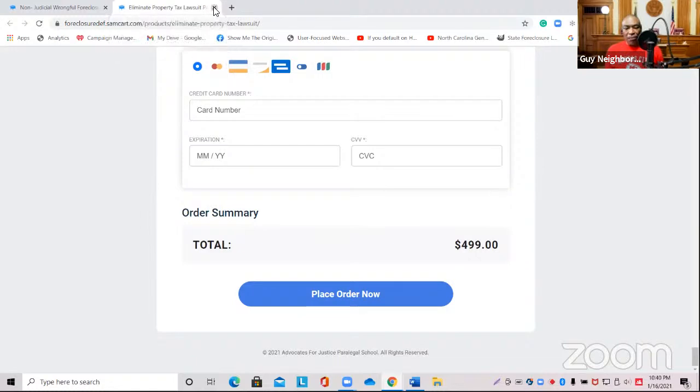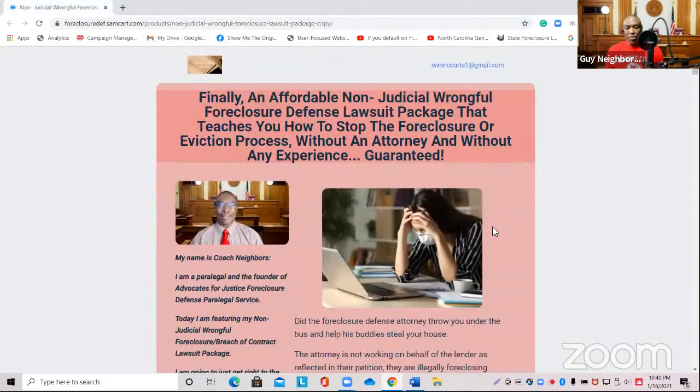Now, this next one, this is the new one. Hot off the press, and this is fire. So this is the new package for the non-judicial foreclosure defense. I went through the judicial foreclosure defense, and that's pretty much what I based my packages on when I first started doing this. And I had people in non-judicial that were filing a lawsuit, but they were still being violated in the eviction court. So I had to go back to the drawing board and figure out how they were doing that. And basically what we figured out is that